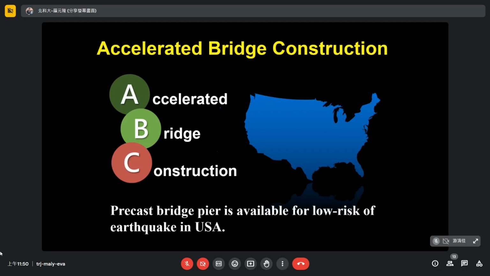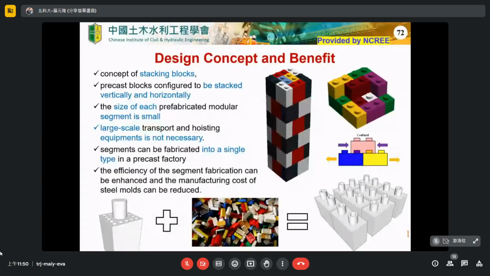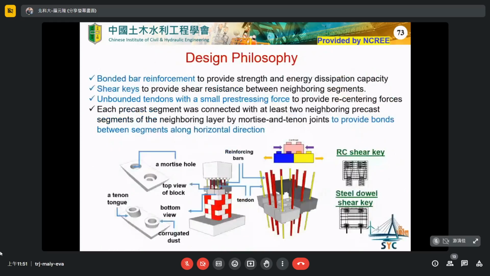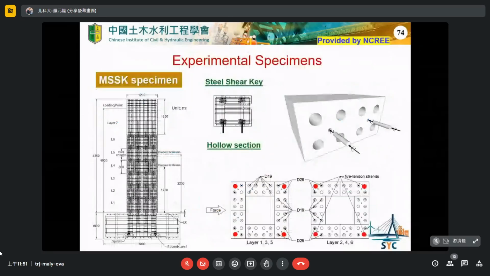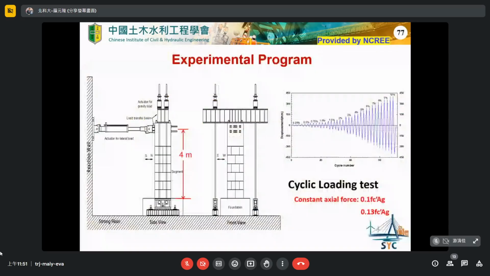Okay, we just use the concept of a Lego-type stack block. Okay, this is a detail. I want to skip it. Okay, so this is our test, and we made the experiment in the inquiry lab, and we constructed one